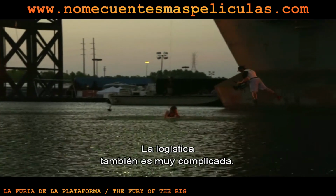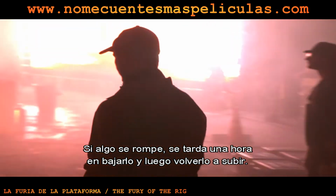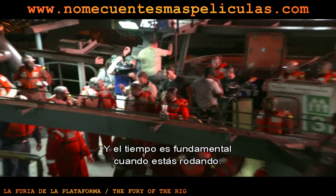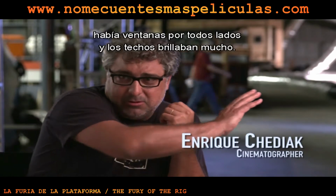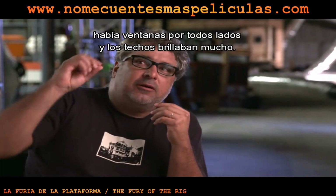It's also logistically complicated because if something breaks, it's going to be an hour to go down and get it and bring it back up, and time is precious when you're filming. So we had to plan and be very meticulous about what we were doing and how we were doing it. In the bridge, for instance, it was all windows all over the place,